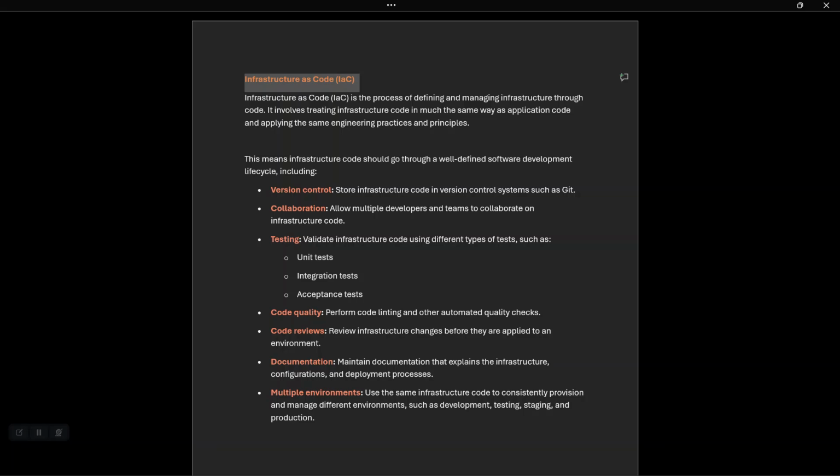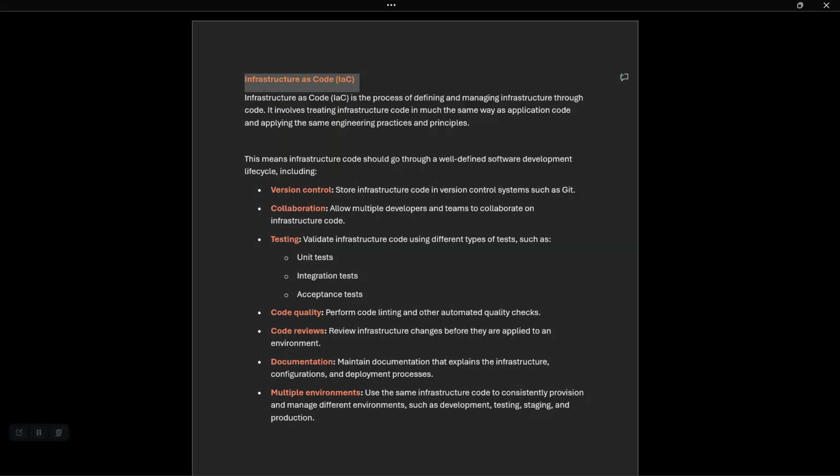We have to validate the infrastructure code using different types of tests such as unit test, integration test, and acceptance test. So whenever you raise a PR in the GitHub repo, it will perform the tests: security test, unit test, integration, acceptance test. These tests we will define in the GitHub repo branch protection rules. So the infrastructure code will undergo these tests. Once it is passed,